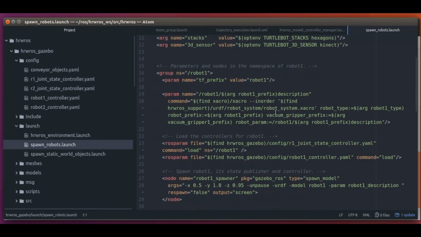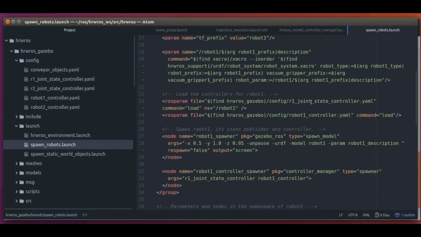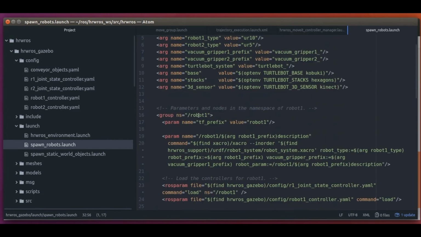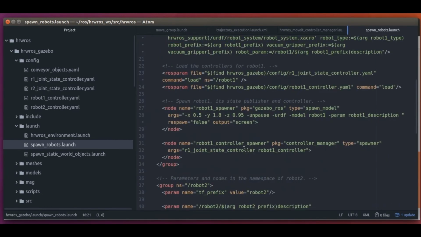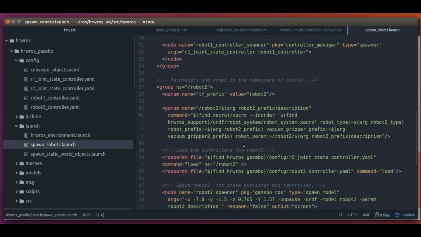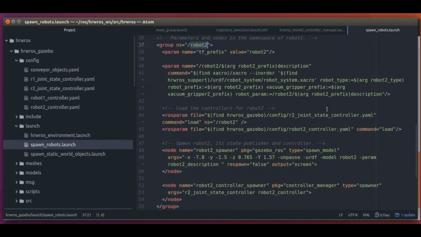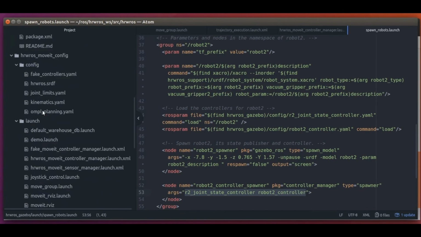We see here that the settings for the 2 controllers are loaded onto the parameter server and they are available in the /robot1 namespace. Similarly, the controllers for robot 2 are loaded here and are available in the /robot2 namespace. Very good.